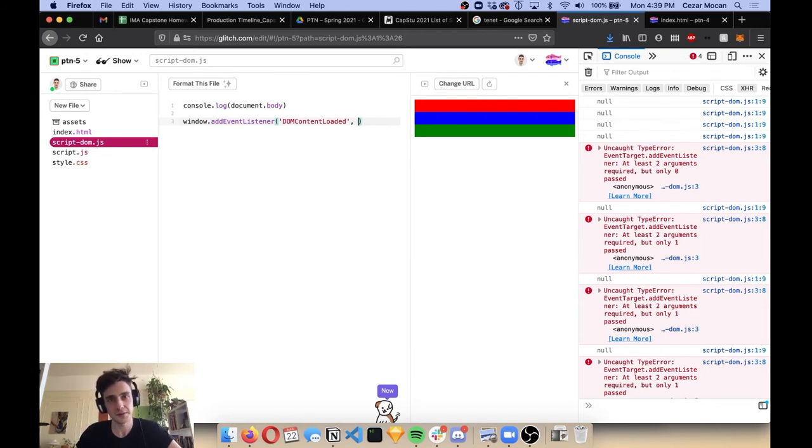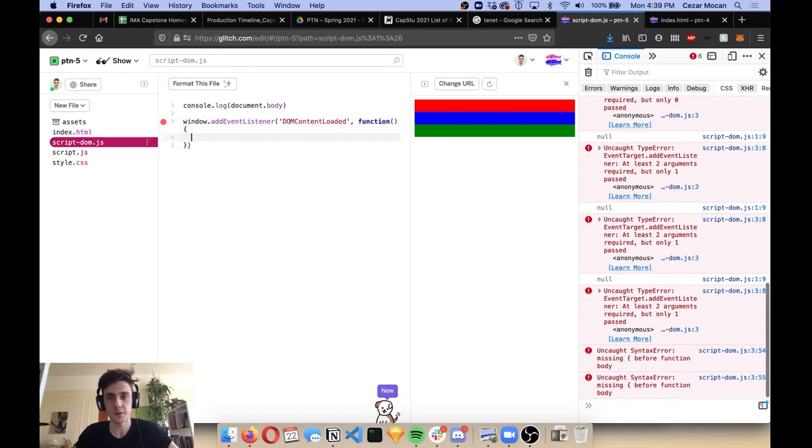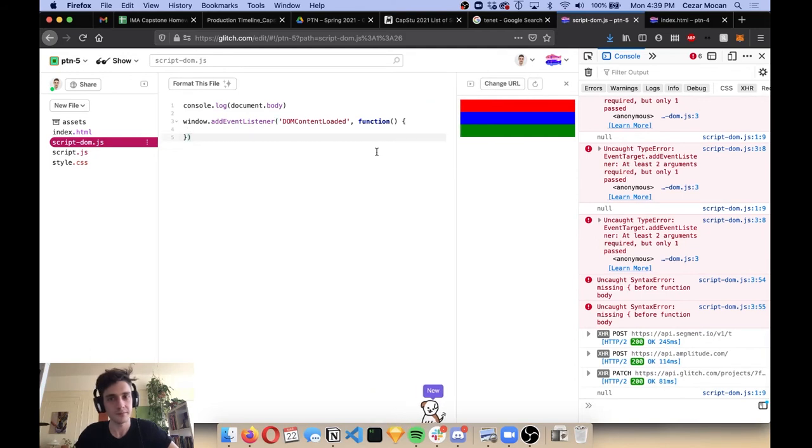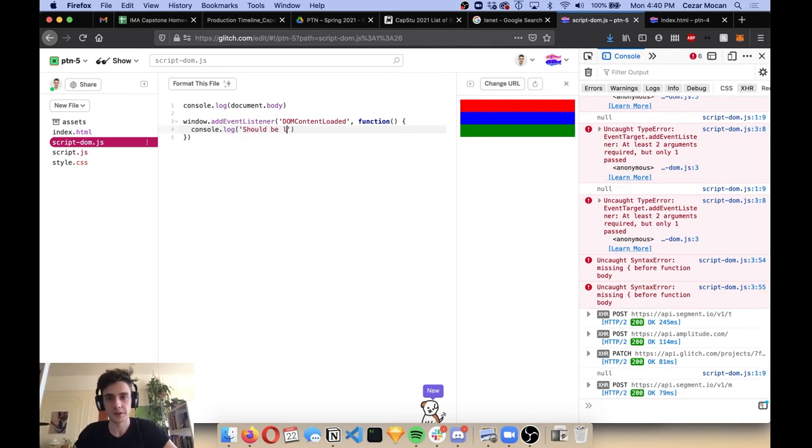And that piece of code is going to be a function. So we have to say function, open and close parentheses, and then open and close some curly brackets. If we print our document.body inside of here, so let's do again, console.log "should be loaded", document.body,